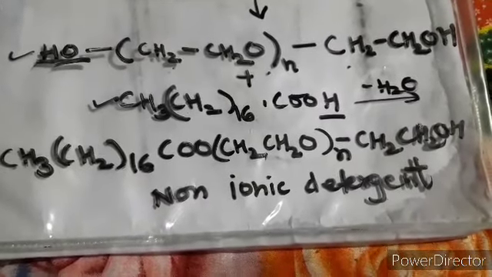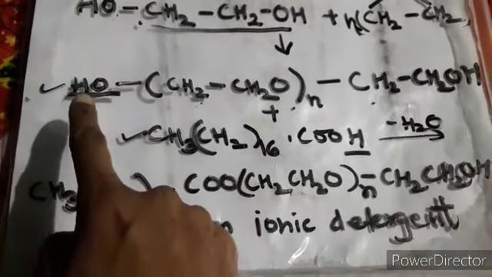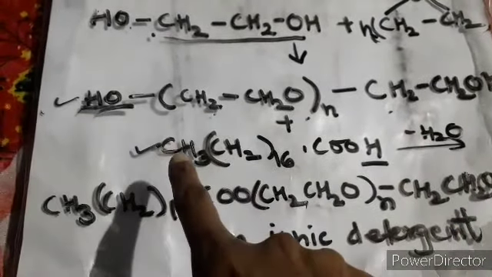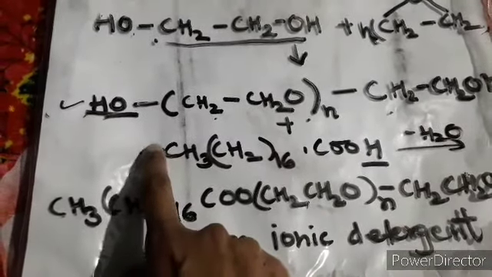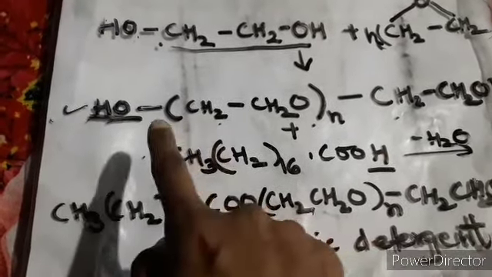Right, I'll make it. Now you can see I've made the entire formula, I've written it over there, and you can see the formula, and I'm repeating it again. This particular H, and from here this OH has been removed, then both of them combine and liberate water. From this portion this has been removed, and in place of that you are adding this part.